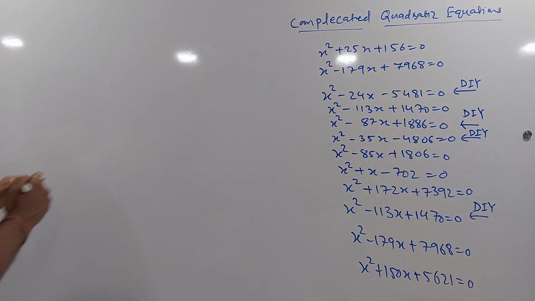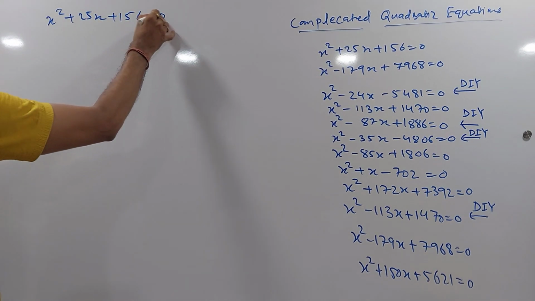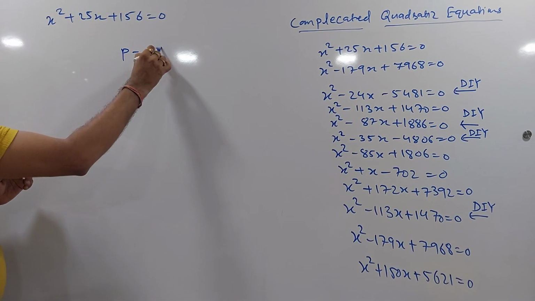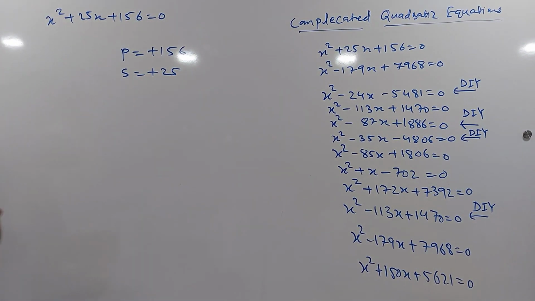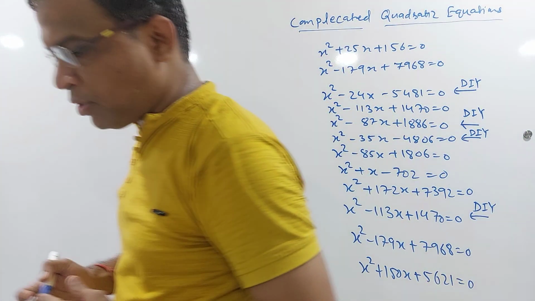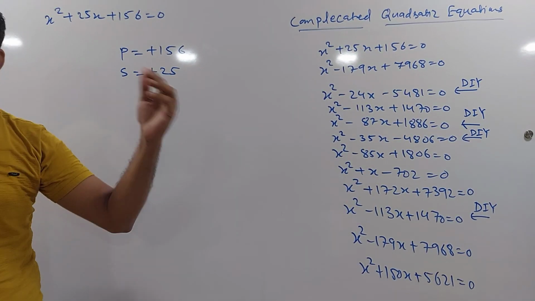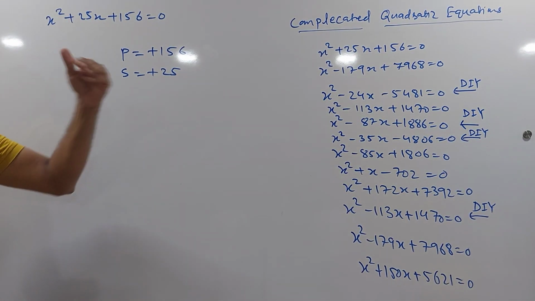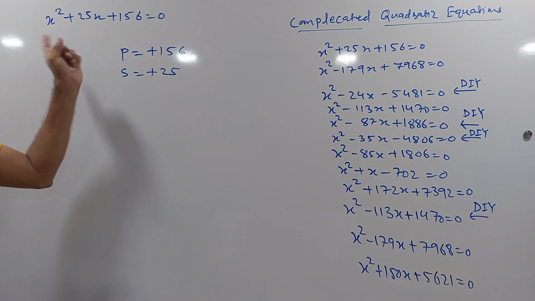First question, x square plus, I am writing the question. So see, it's very simple. One thing is clear to me, that I want to split in such a way that the two numbers' product should be plus 156 and the sum should be plus 25. One thing which I can tell you here, which we can apply for other questions also, look for the perfect square number closer to 156. It is 144, which is 12 square. So 12 and 12 is close to 25, and 12 13s are 156, and 12 plus 13 is 25. So I got my answer.